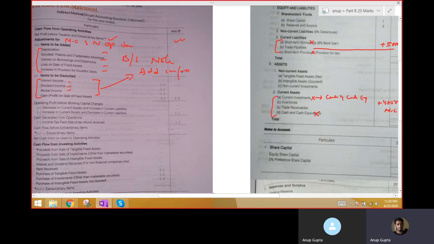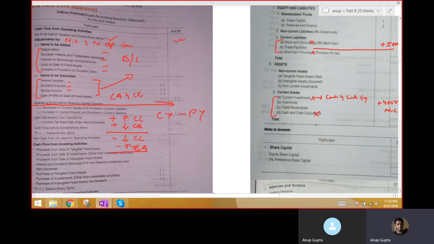After doing the addition of all this, what do you get? We get operating profit before working capital changes. Now working capital means current asset and current liability. So we'll add or subtract the increase and decrease in current asset and current liability. Addition is directly proportionate: increase in current liability is added, and decrease in current liability is subtracted. Then do the opposite: decrease in current asset is added, less increase in current asset. Once again, to find increase and decrease, just CY minus PY.